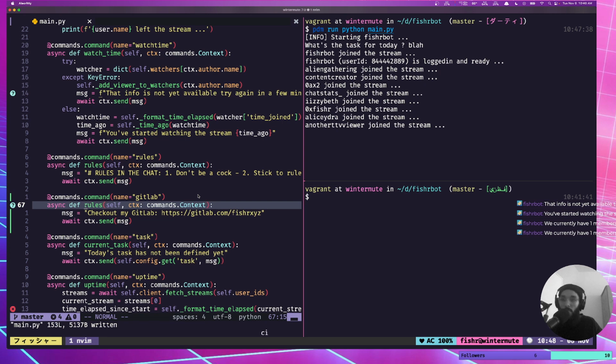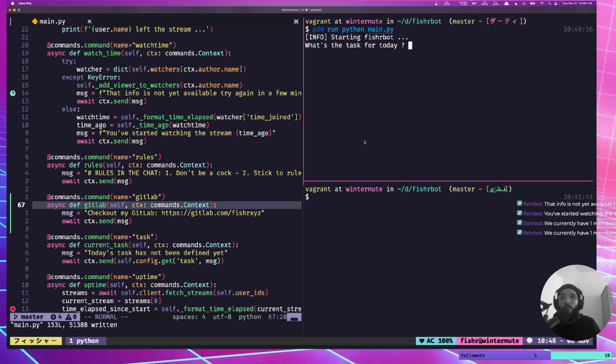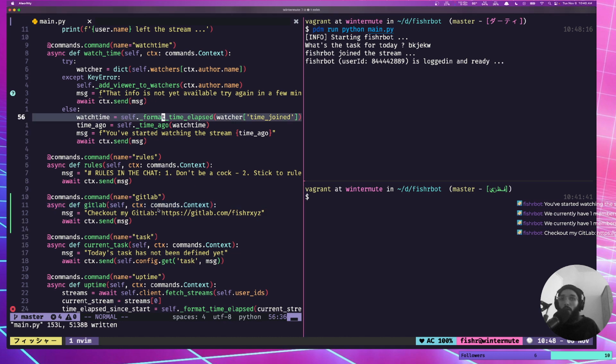Should have renamed this to GitLab, so we'll do that again. There we go. Then we can do GitLab. Yep. Okay, so it provides an actual link. Now let me just see what happens if I add a new line. I'm not sure this is going to work, but